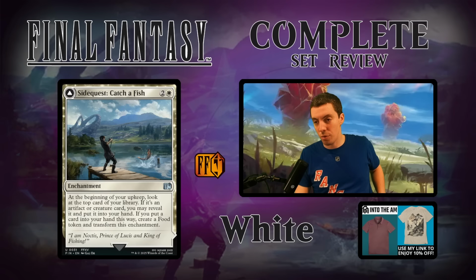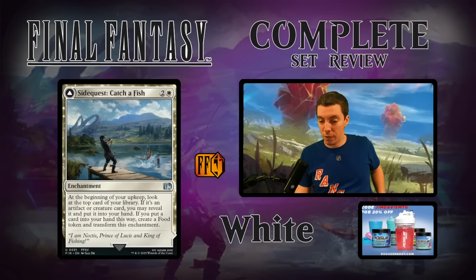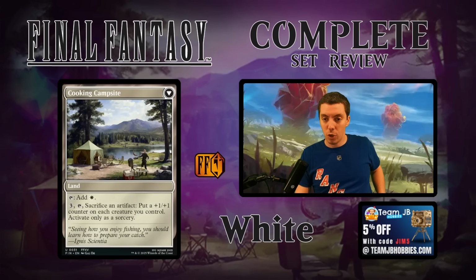If you meet it, you get to do the thing. So then for an enchantment, beginning of your upkeep, look at the top card of your library. If it's an artifact or creature, you may reveal it and put it into your hand. If you put a card in your hand this way, make a food token and transform this enchantment. So that's not bad. 3 mana, draw a card, get a food, and then it flips over into Cooking Campsite,